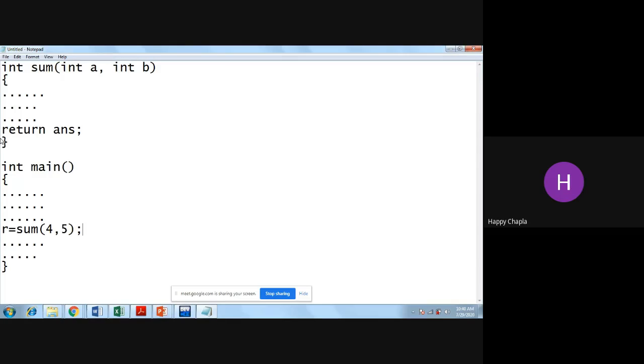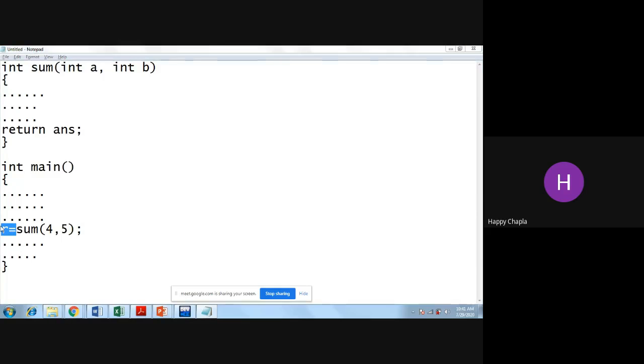Now it will jump to your exact function, that is sum, right? It will jump over here. Now turn by turn it initializes everything, does all these steps, returns your values, and comes back over here. Now my function work is complete.